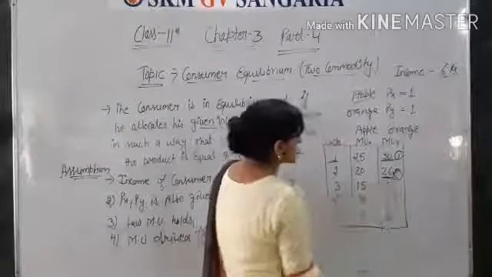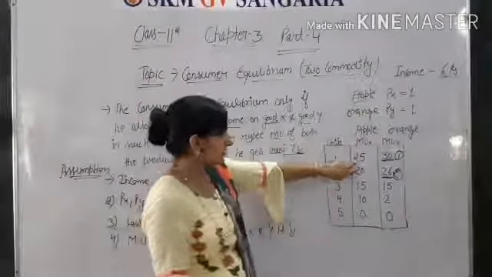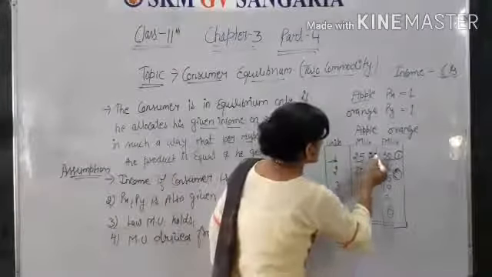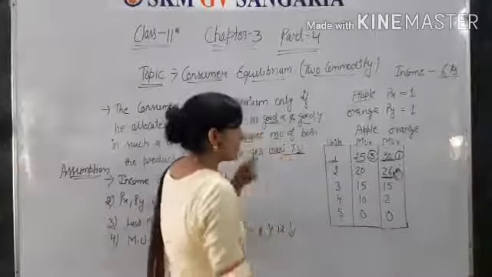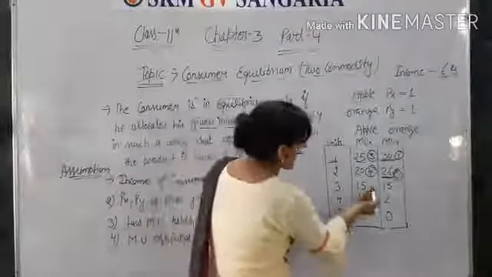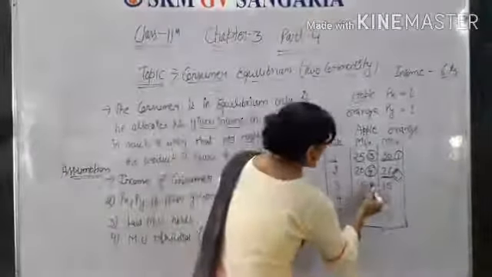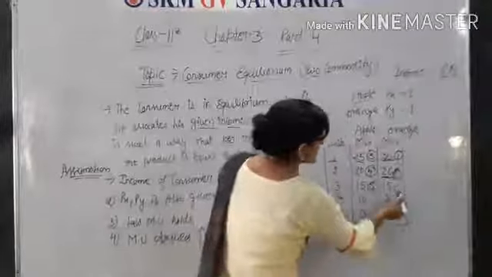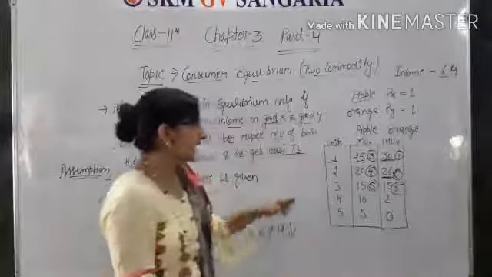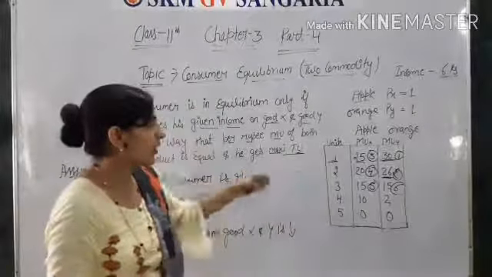So the third rupee, the consumer will think now, because here it is 15 and here it is 25, he will spend the third rupee on the apple, and the fourth rupee also on apple because it is more than 15, and the fifth can be apple or orange depending on the situation and the behavior of the consumer. So it will be apple, and the sixth unit it will be orange. Okay. So in this manner he will spend his money, income. I hope you got this table.